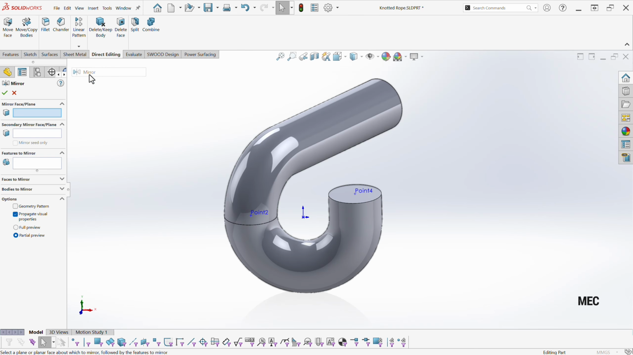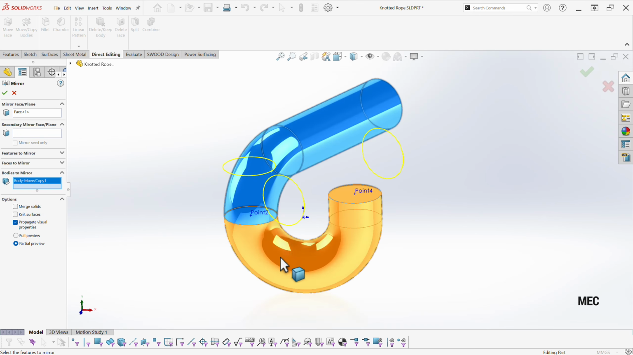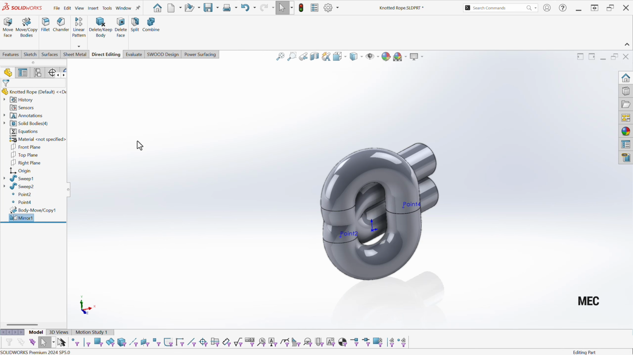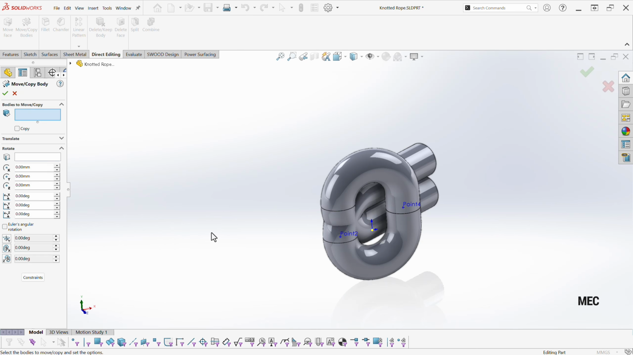Then mirror. Select the mirror plane and 2 bodies. Next, rotate again. Select the mirrored bodies